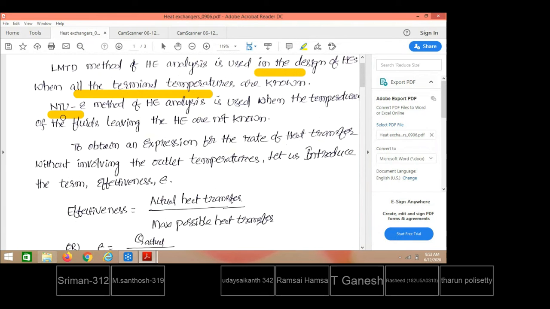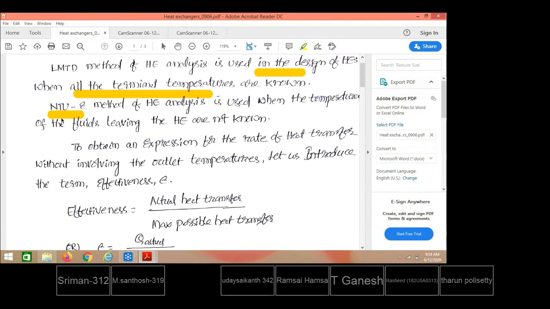Suppose between hot and cold fluid, if so much heat has to be transferred, whether the full heat has been transferred from the hot fluid side to the cold fluid side will be known from the estimation of NTU. If NTU is maximum for a heat exchanger, or if it is equal to 1, it means 100% of the heat from the hot fluid side to the cold fluid side has been transferred. If NTU is 0.6, it means only 60% of the heat has been transferred from the hot fluid side to the cold fluid side. If NTU is only 0.1, it means only 10% of the heat has been transferred from the hot fluid side to the cold fluid side. That is the meaning.